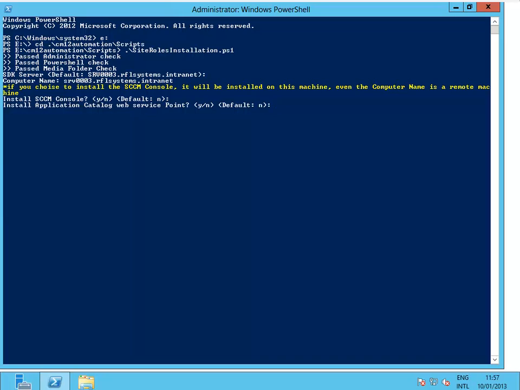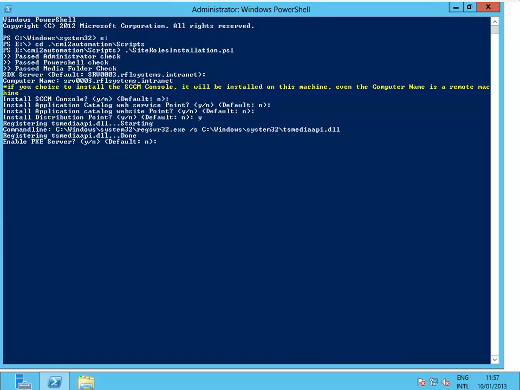In this case, I would say no for most of the things, but I will install distribution point. Then if I'm going to install distribution point, I'm going to enable PXE or not. In this case, no, let's just install distribution point. Create a DP group. Yes, let's say